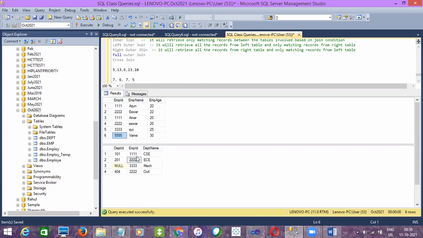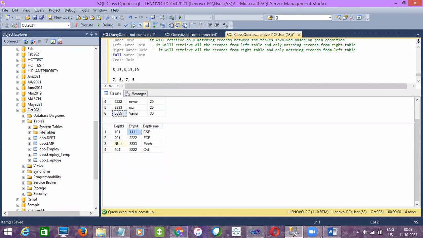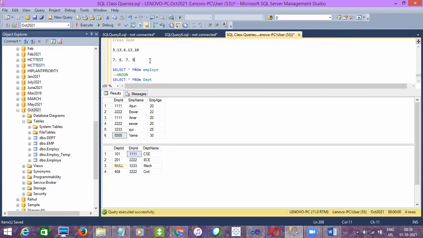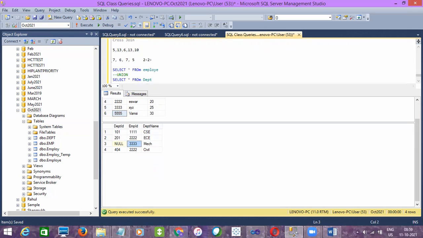That's correct. So let me explain. 1111 with all the values here. So how many times is it matching? 2 times, right? So 2, let's calculate here. And then 2222. How many times? 2 times. So 2. And then 3333. Once.